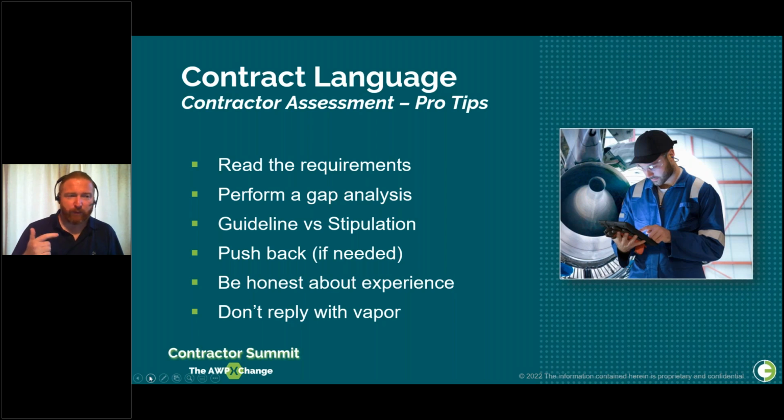Understand the difference between a guideline and a stipulation. And this actually speaks as much to the owners as it does to the contractor. But for example, you might see in a contract, IWPs should be between 500 and 1,000 hours. And it's subtle, but there's a very, very real difference between that and IWPs shall be or must be between 500 and 1,000 hours. So what you're looking for is, has the owner allowed latitude in the right places?